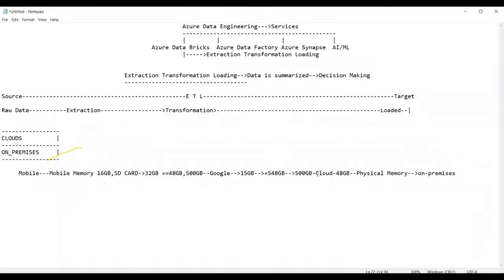Now, guys, just for the 548 GB which is required for us, we took the support of the cloud rather than the mobile phone. That means you have moved from the physical mobile phone memory to cloud memory, that is called Google Drive memory. Am I right or not? So nowadays, every one of us is storing data either in mobile phone inbuilt memory or in Google Drive. Tell me now.